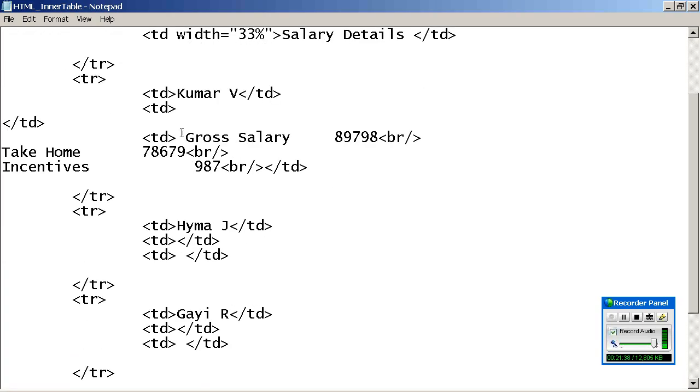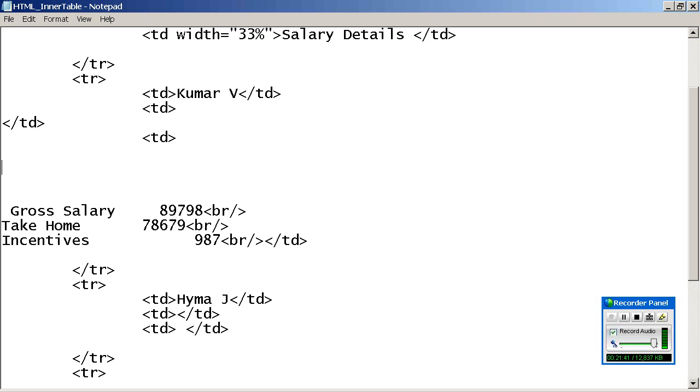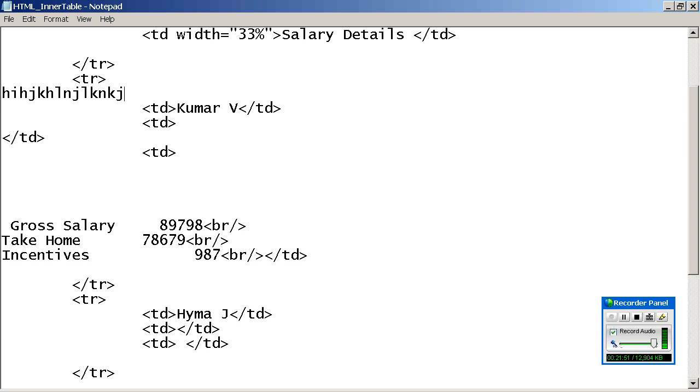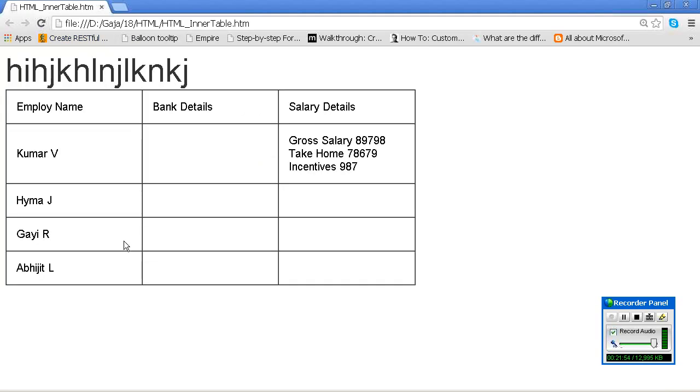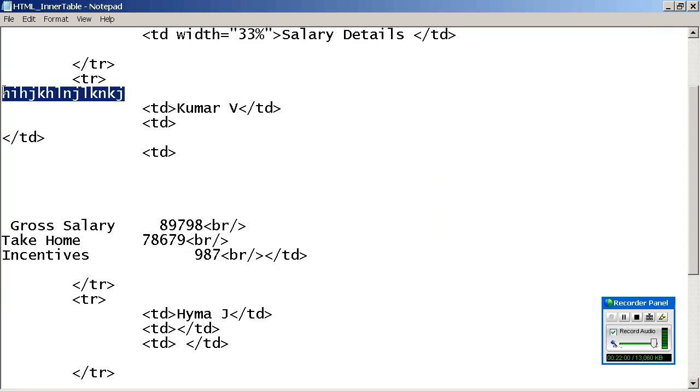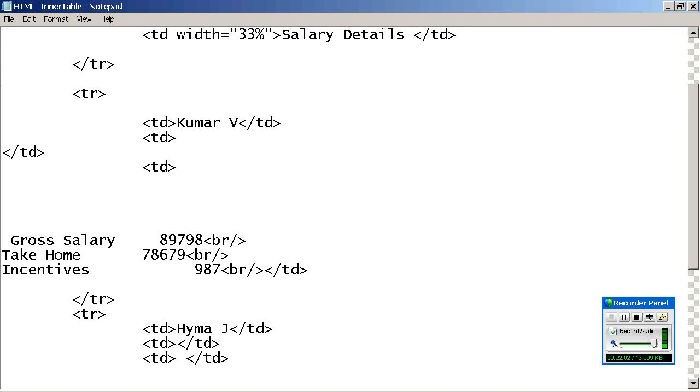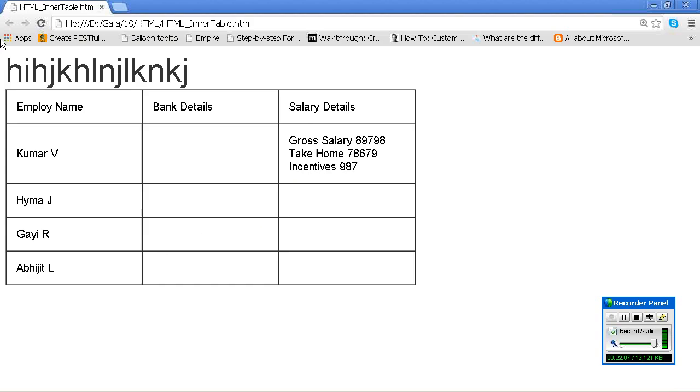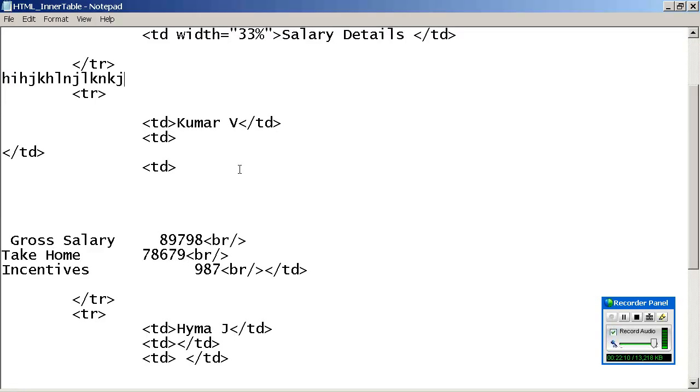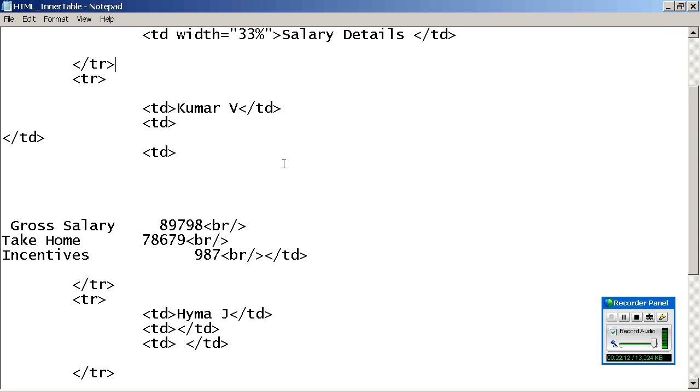Okay, this is the inner table concept. For your information, whatever you want to write in a table, where should you write? Yes, very good, under TD. If I write it after here, is it taking it under the control of the table? No. If you need to change some TD or TR also, your table will not be represented properly. This is not the right way to write. Whatever you want to write, make sure you are writing it in the TD.